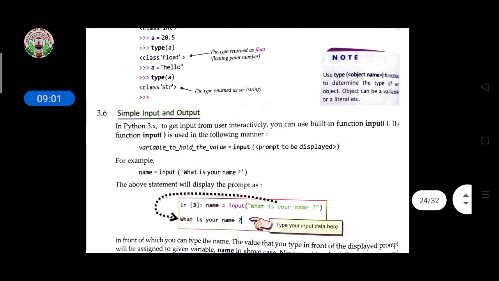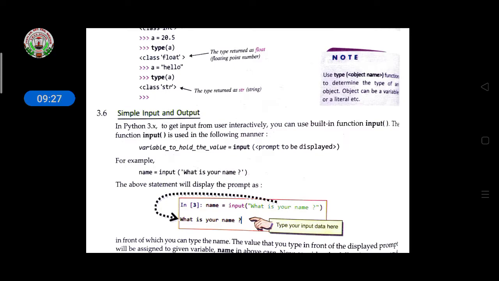Then come to simple input and output. In Python 3.x, to get input from the user interactively, you can use the built-in input function. The input function is used in the following manner. Like this, the input function is used. First you have to write the variable name equal to, then the input function, and what is written here, what is your name.